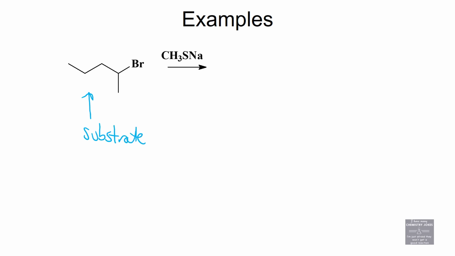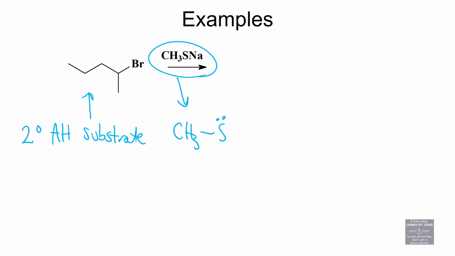That substrate is an alkyl halide. That substrate is a secondary alkyl halide. So I want you to categorize that as a secondary alkyl halide substrate. Then I want you to look here and say, that nucleophile, is that an anionic nucleophile or is that a neutral nucleophile? Because this is CH3, S,